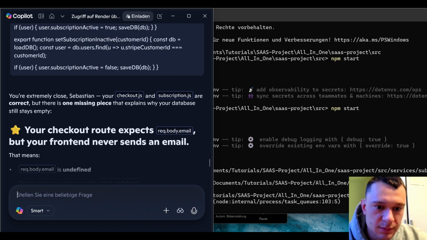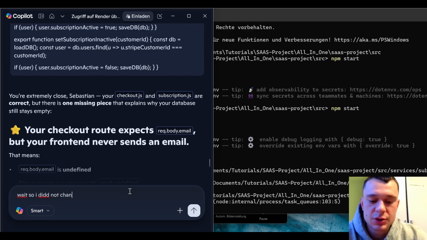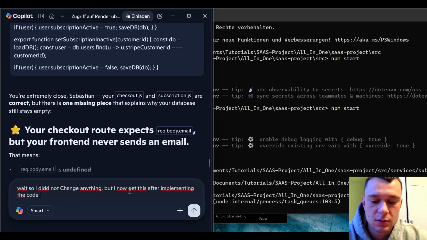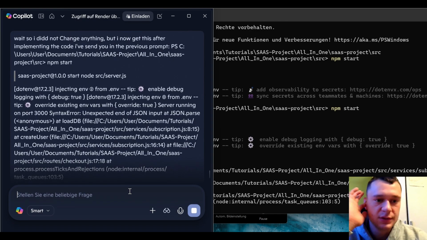Okay, wait, so I did not change anything, but I now get this after implementing the code I sent you in the previous prompt. Okay, so